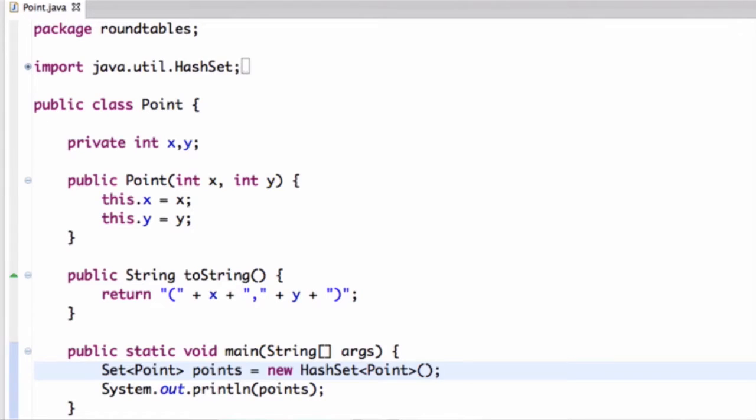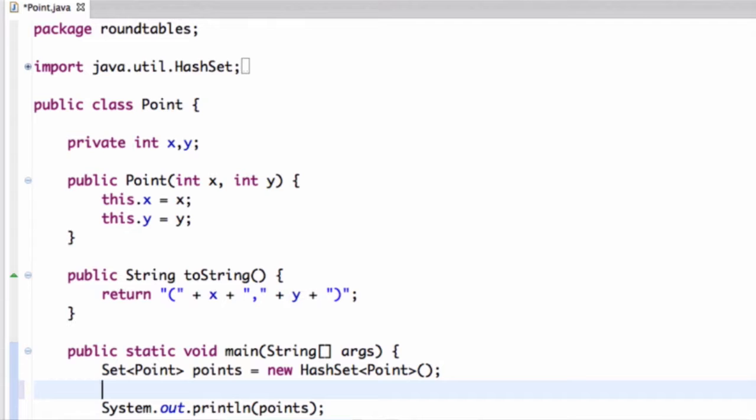So we've seen how to design objects, and we know that objects need to have a hash code and an equals in order to compare themselves with other objects. And I'd like to use this point object we have in front of us as an example of what can go wrong when we try to define equals incorrectly. So with what we know about sets, if I take this set and I try to add the same point to it twice,